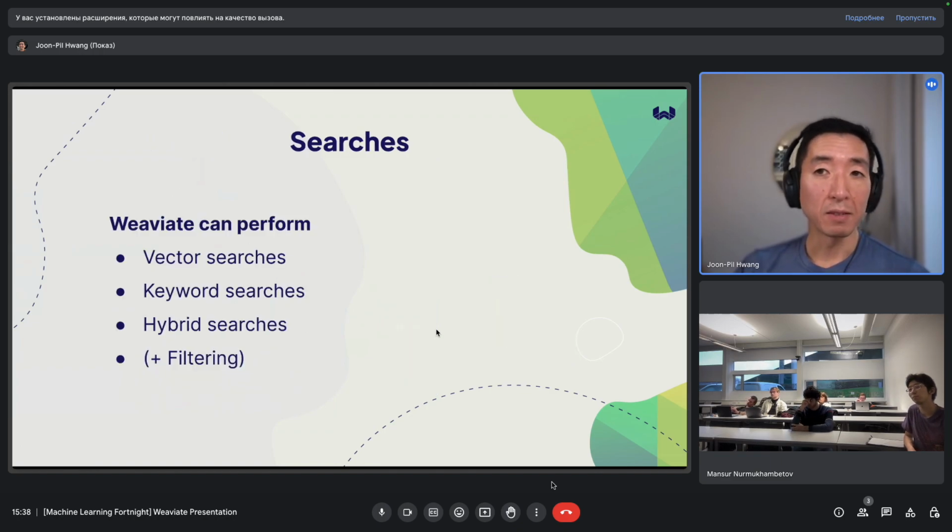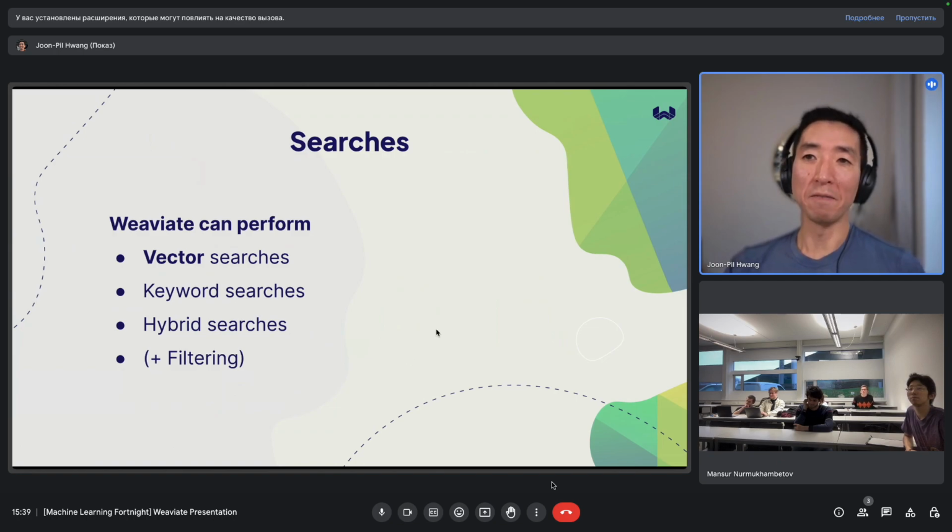With a vector database, the exact capabilities differ a little bit depending on exactly what database you're talking about, but I can talk about Weaviate because that's what I know and that's where I work. So Weaviate can perform all of these types of searches. It can perform vector searches, keyword searches, hybrid searches, and filtering. And don't worry if you're falling asleep. I'll show some of that in a Jupyter demo in just a short while.